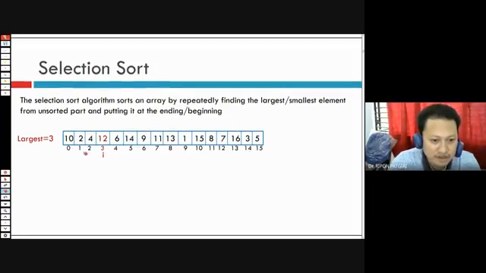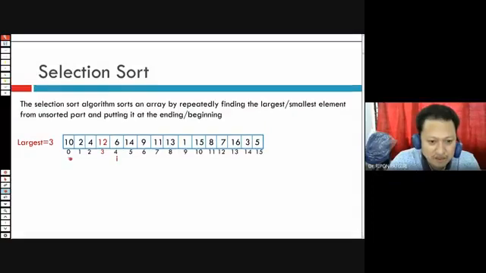If we compare 10 and 12, then the largest is 12, so the index is 3. Comparing 6 and 12, the largest is still index 3 because 12 is larger than 6.